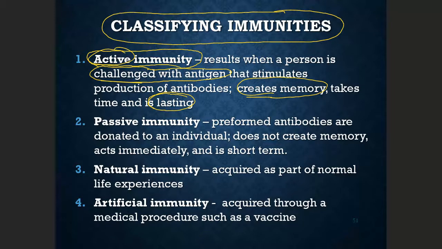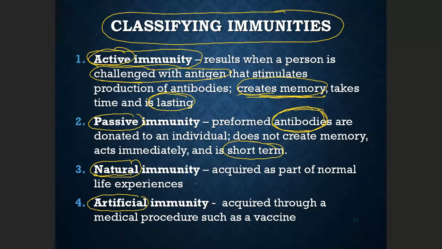Passive immunity, this is actually when the person receives the antibodies. There is no production of memory cells, so just receiving the antibodies. Therefore, it becomes short term because antibody is not forever, right? Maybe 3 months, 6 months. Natural, if the challenge is actually part of the natural disease, like for chickenpox disease, that becomes natural. Artificial, if it is given through maybe injection, like a vaccine, for example, that becomes artificial.